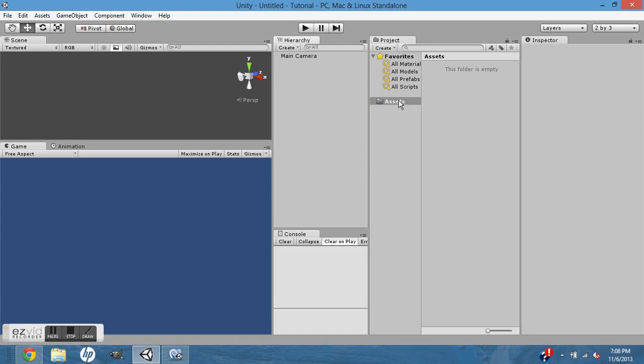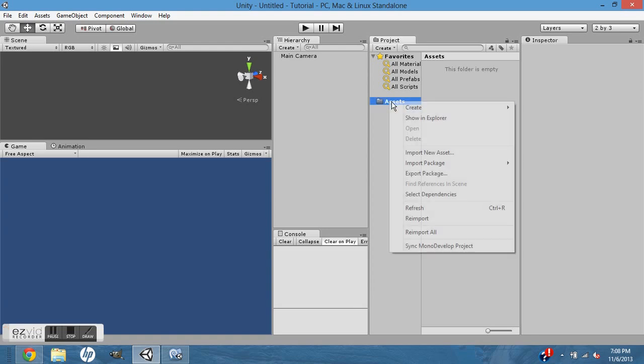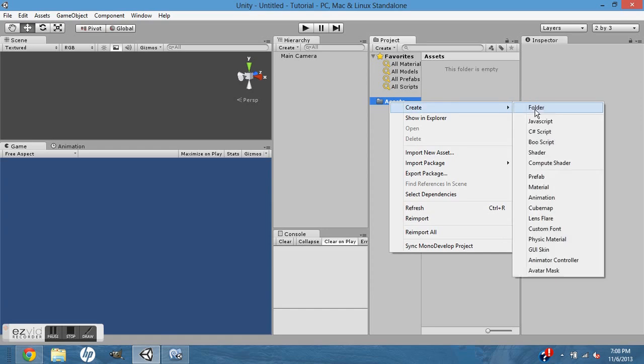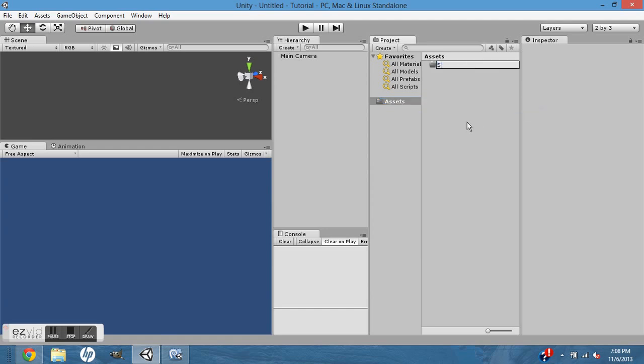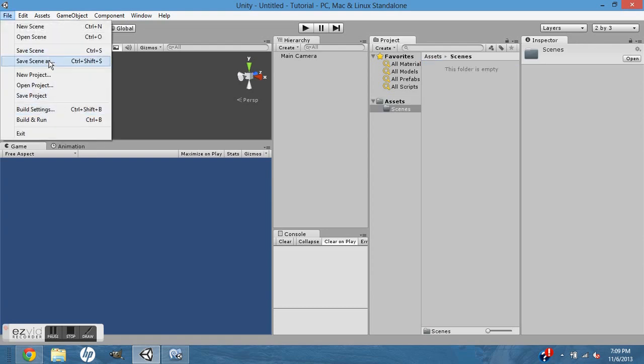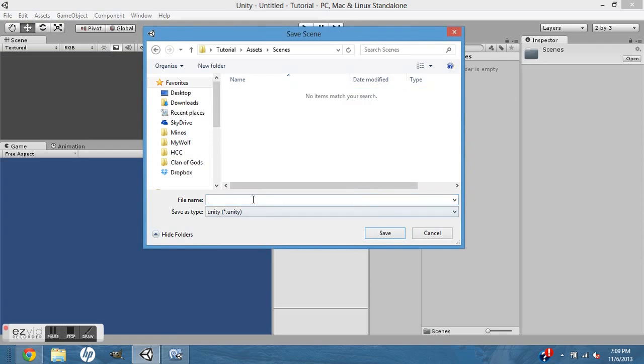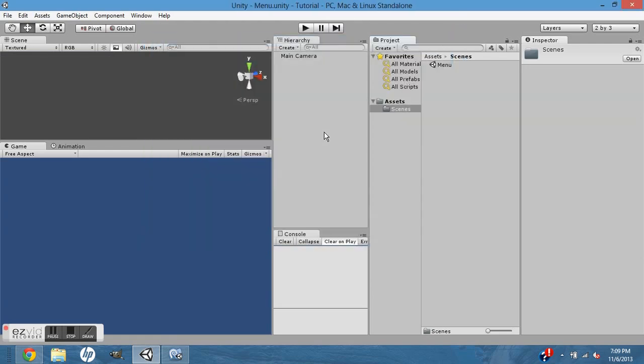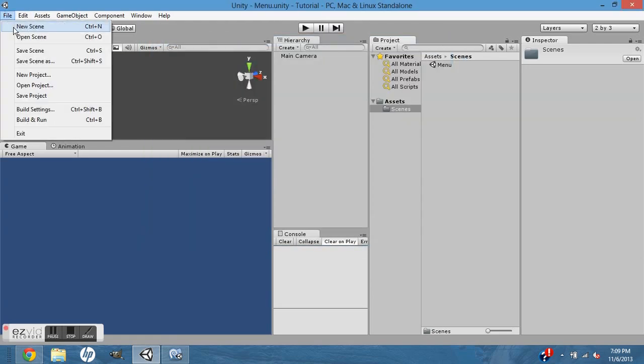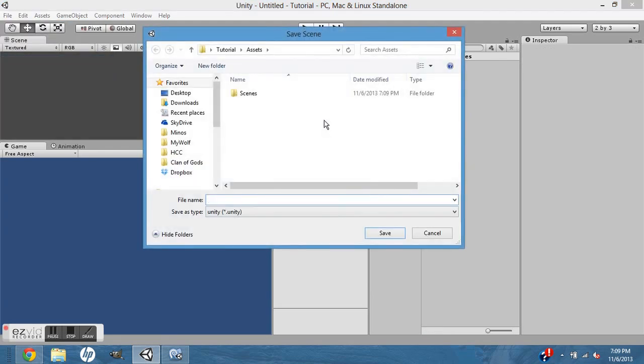So the first thing we need to do is create two scenes so that we have something to go to. So we'll make a folder called scenes and we'll just save this scene in that folder and we'll call this menu. And we'll make a new scene, save that as game,